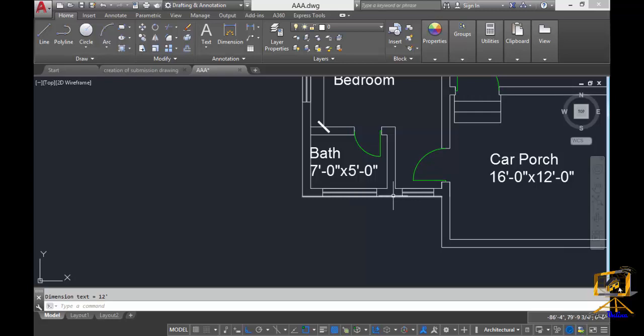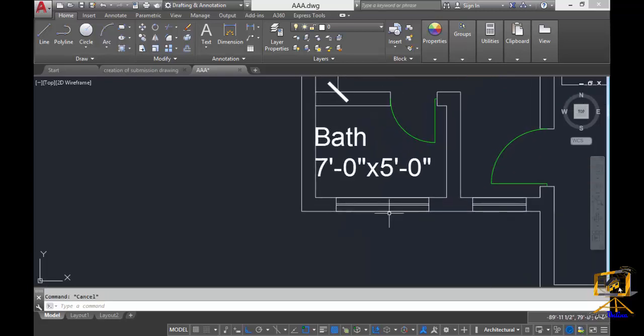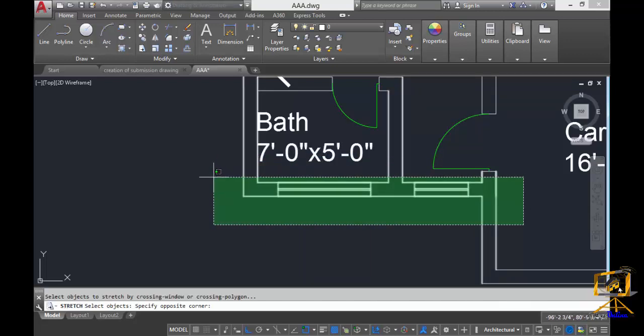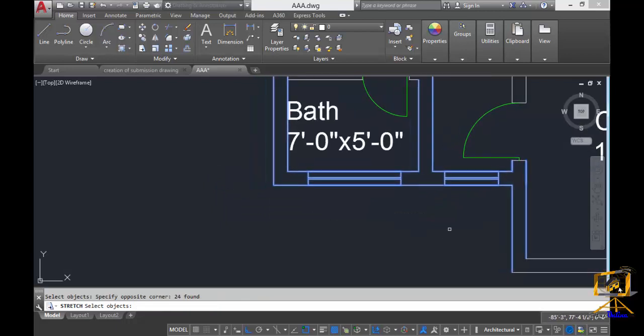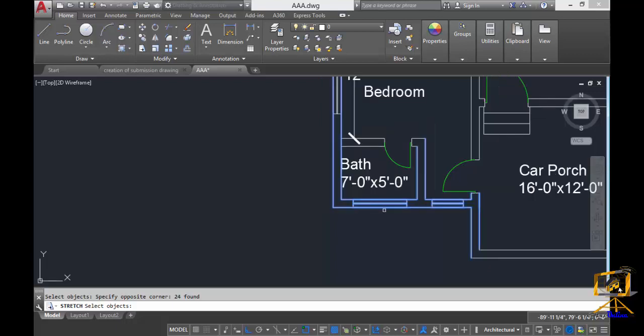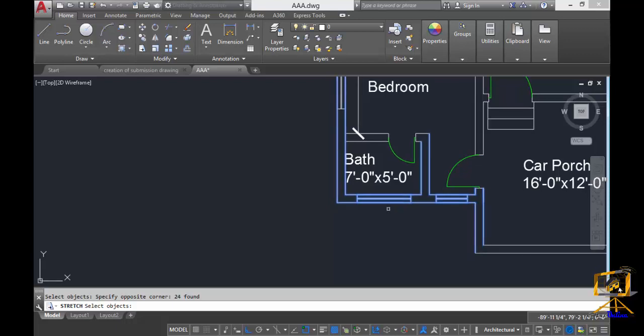At the end, I will also implement the stretch command on this bathroom. So in the AutoCAD stretch command, let's type S again, enter, and perform your selection at the bottom of your required area. You can clearly see those objects that are completely selected inside our selection are going to be moved, and those objects that are partially selected, or some portion of the object is selected, are going to be stretched